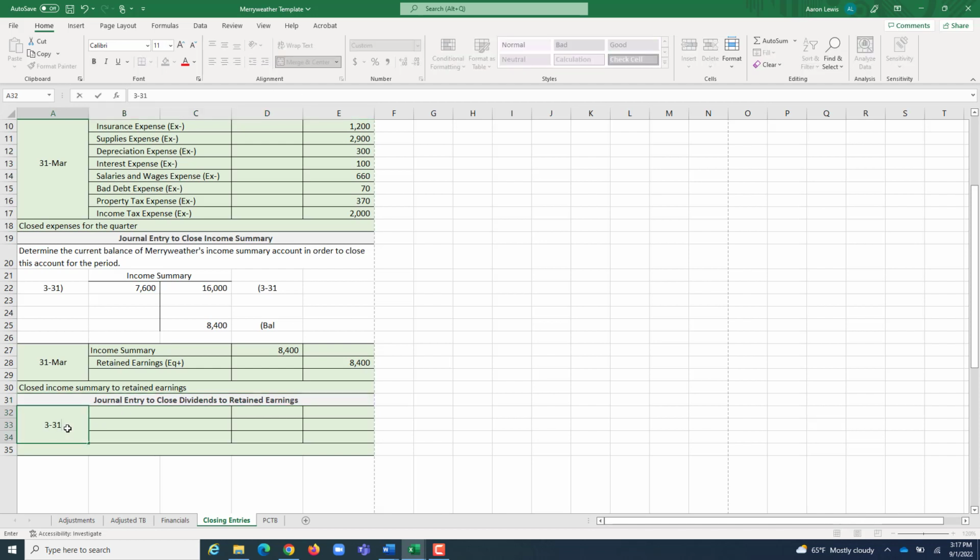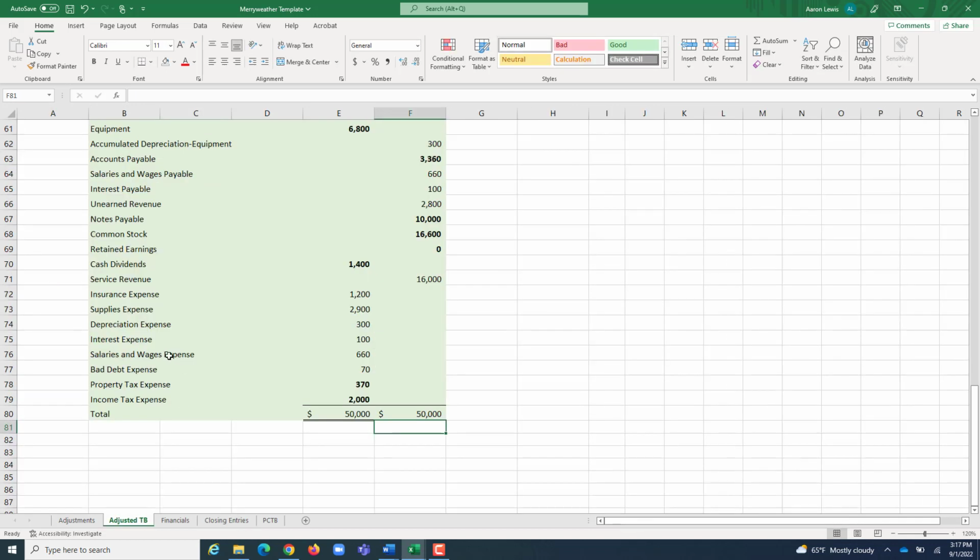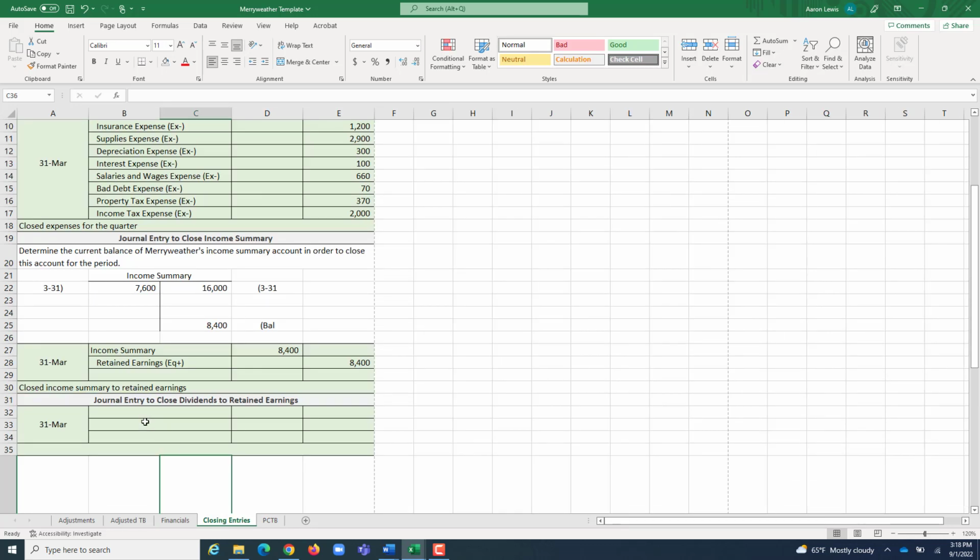Dividends, when you're a corporation, are your company's withdrawal account. According to our adjusted trial balance, cash dividends has a balance of $1,400. We need to reduce that to zero, so how do we reduce an account with a $1,400 debit balance down to zero? We credit it for the same amount. So I go back to my closing entries right here, and that's going to tell me that my debit needs to be to retained earnings,